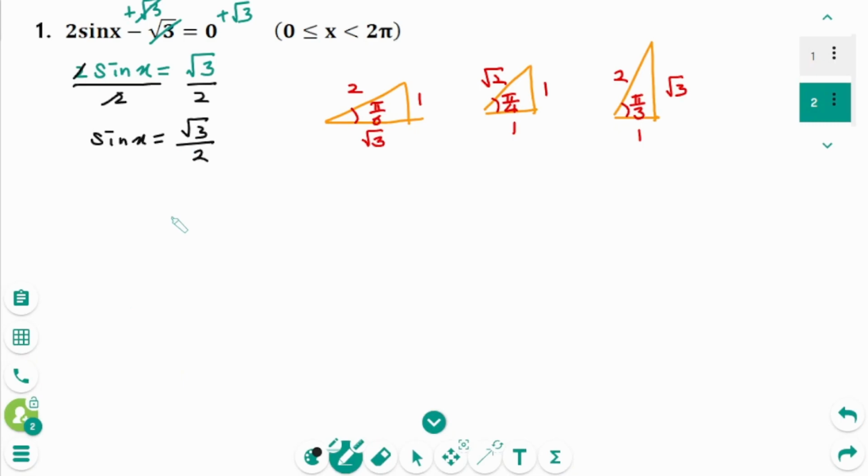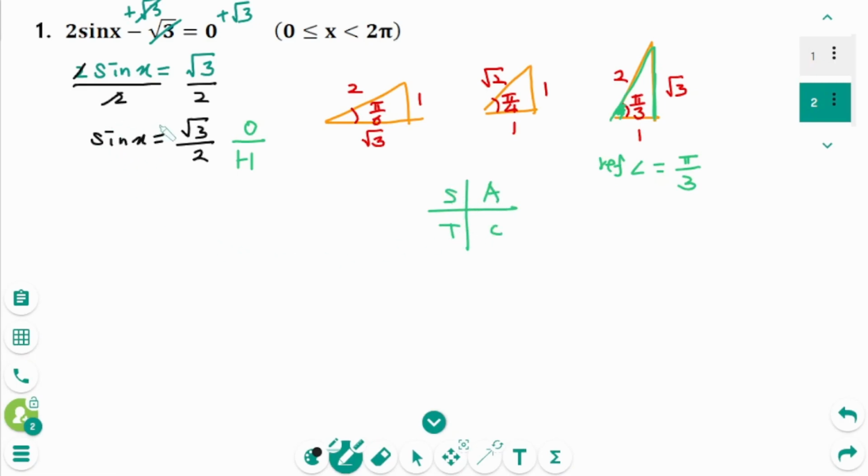Back to the beginning, sine of x equals the square root of 3 over 2. Sine ratio is the opposite side over the hypotenuse. Then the last one is the correct one. Now we know the respective angle is pi over 3. And then